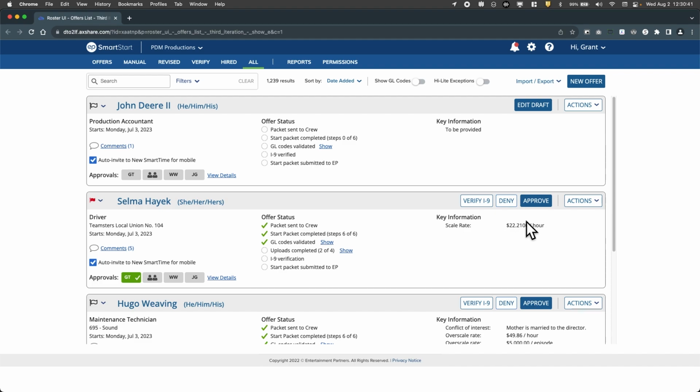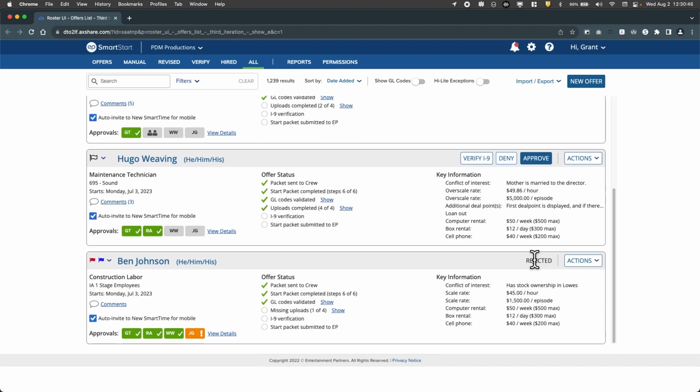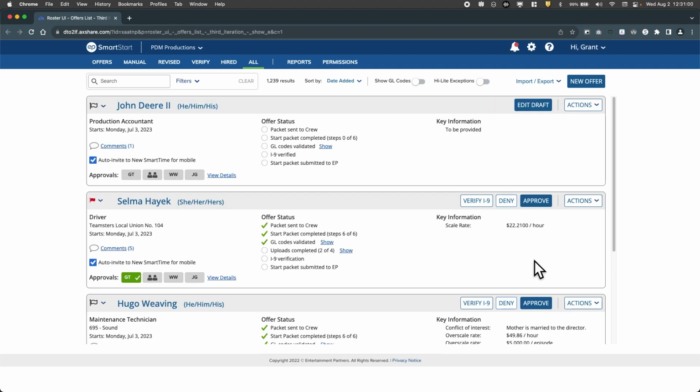In this case we have approve, deny, verify I9, and status such as rejected or whatnot, would also appear here when there are no CTAs or further actions available for that person or for that offer. So let's see. Next, we are separating out what used to be a horizontal collection of bubbles or